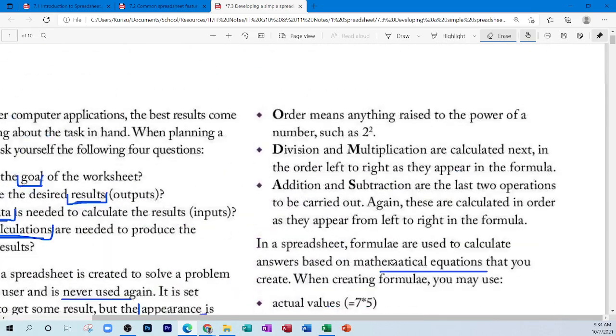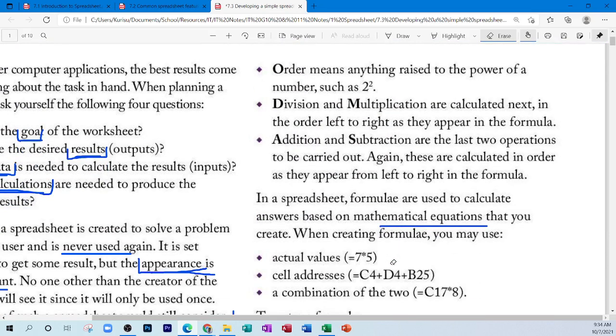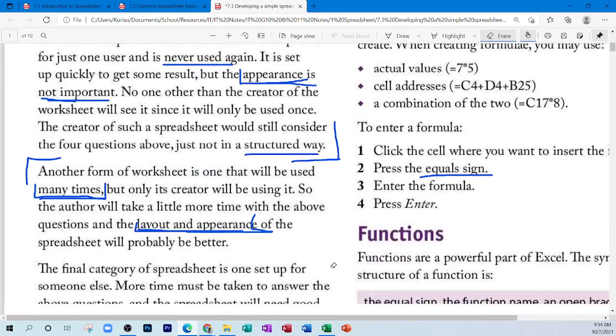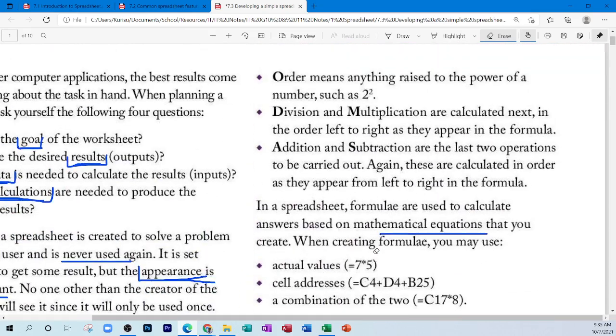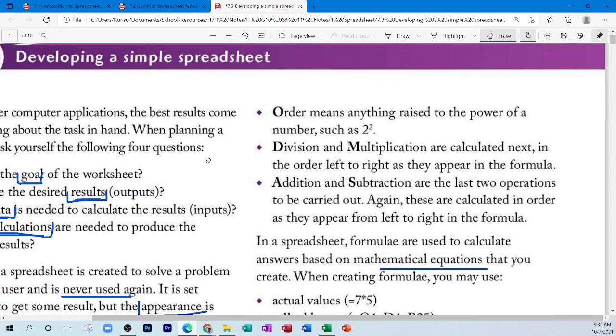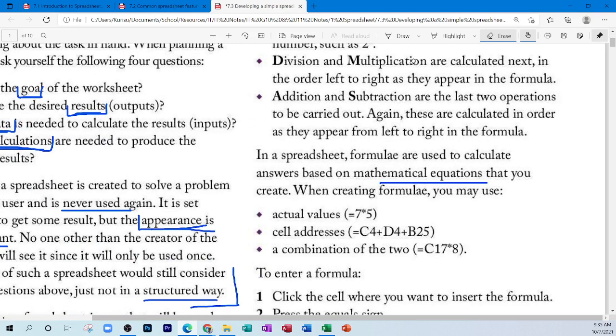Not everything is basically just learning about knowledge for a certain topic. You actually have to use it in other areas of learning. So formulas, they follow BODMAS, and we all should know what are the rules of BODMAS. The brackets, then order, division, multiplication, addition, and then subtraction. So moving on,